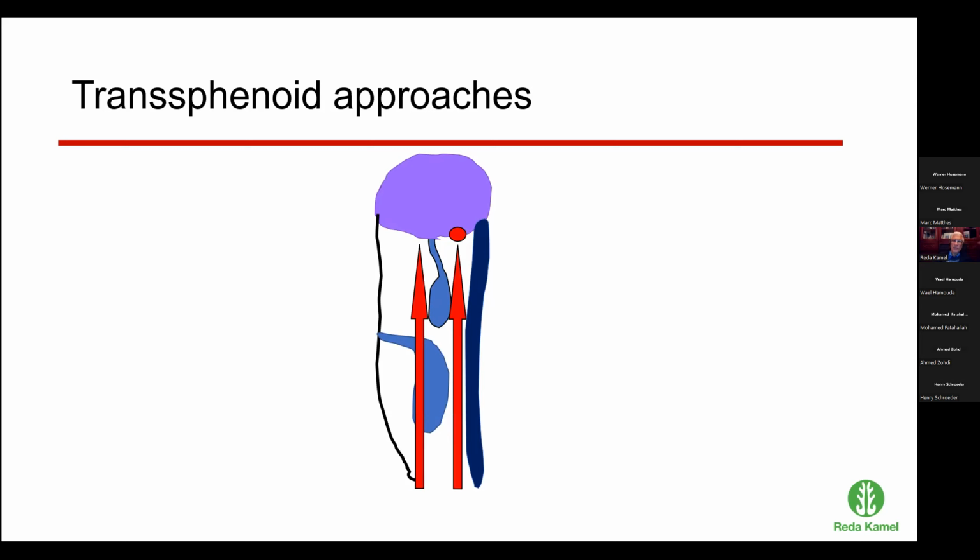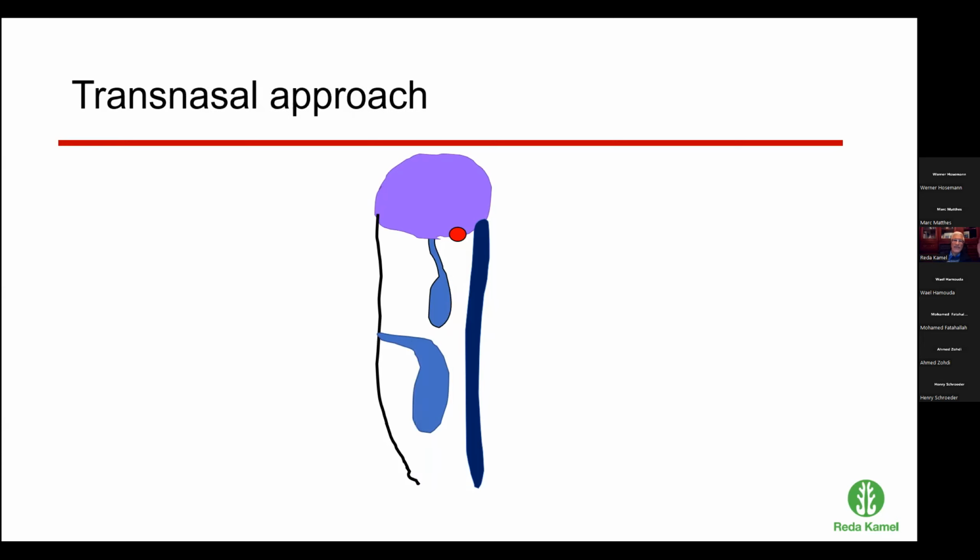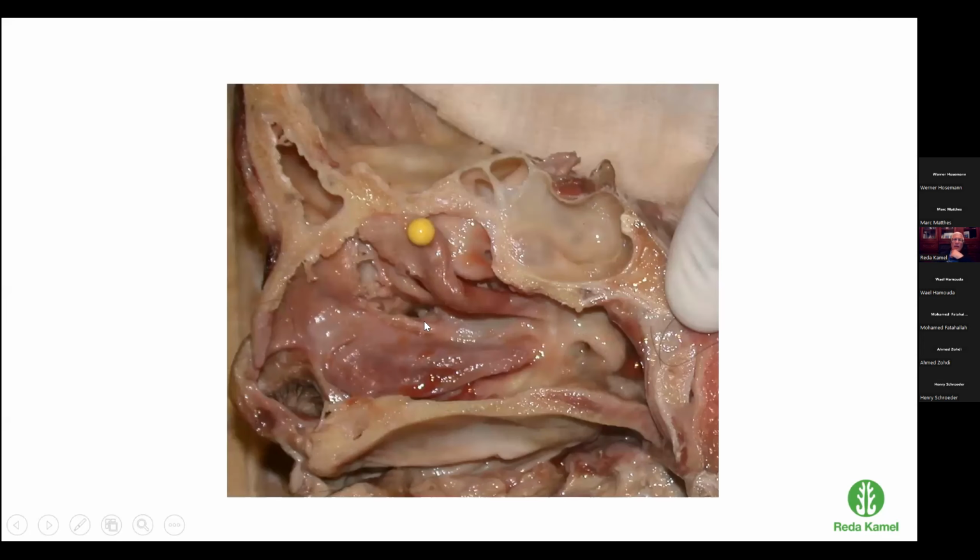What's the best for that particular patient to achieve not only effective surgery, but also safe surgery. The transnasal approach, we understand this is nothing but a diagram, axial, the nasal septum, right side, the sphenoid sinus, the middle turbinate, first part, and here is the second part, and this is the superior turbinate. And here we are, this is